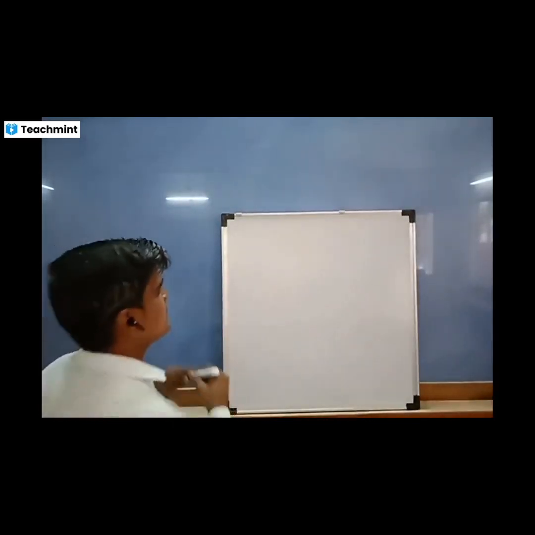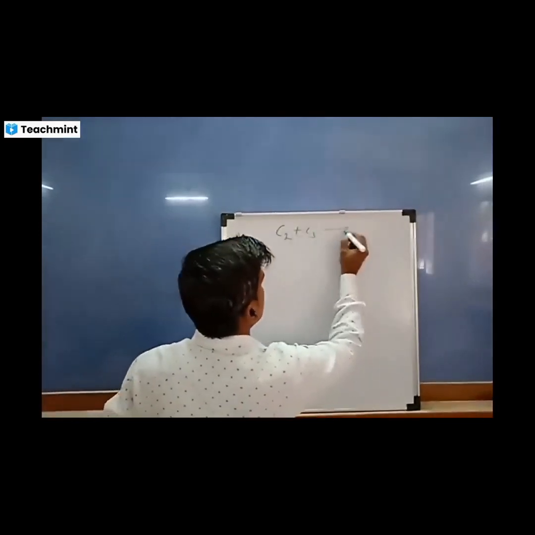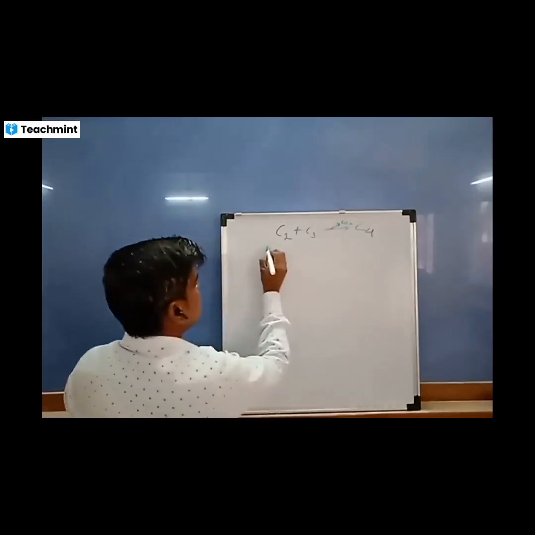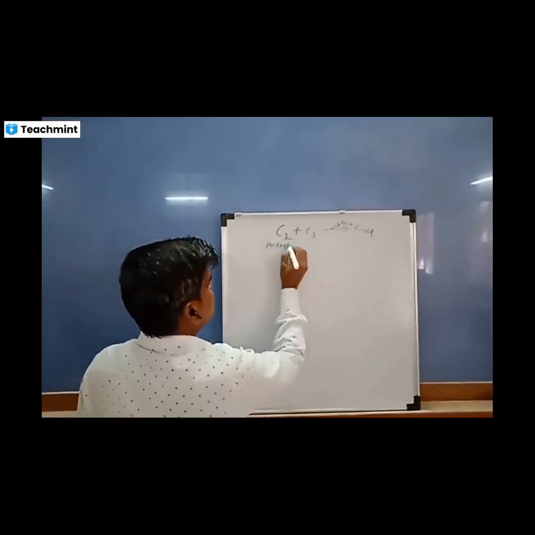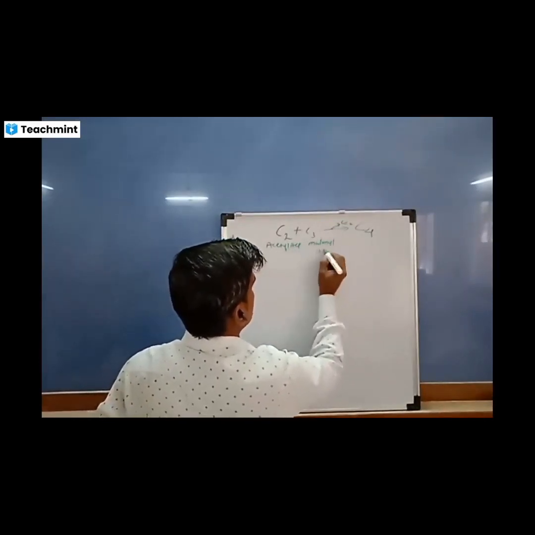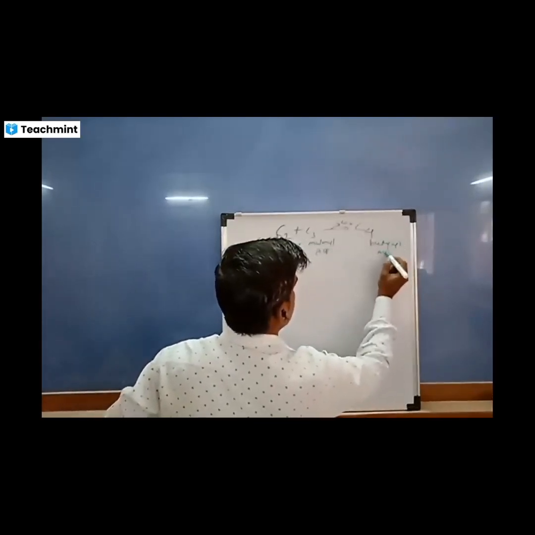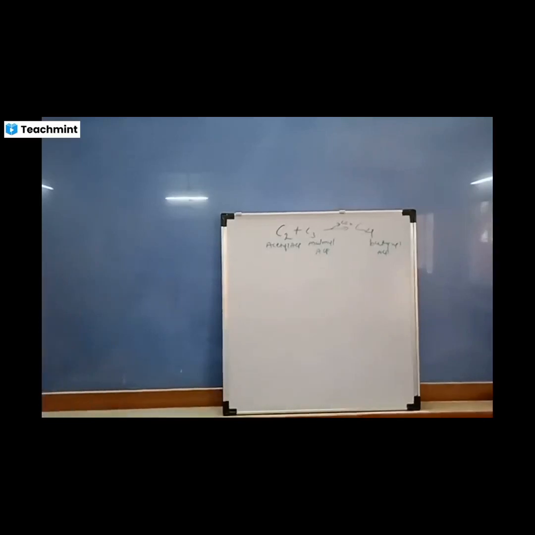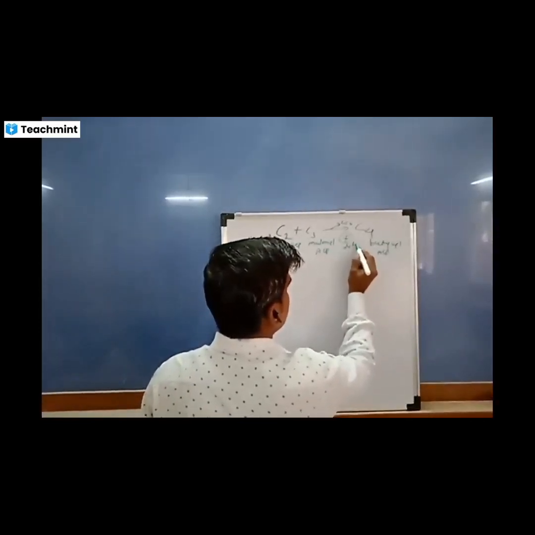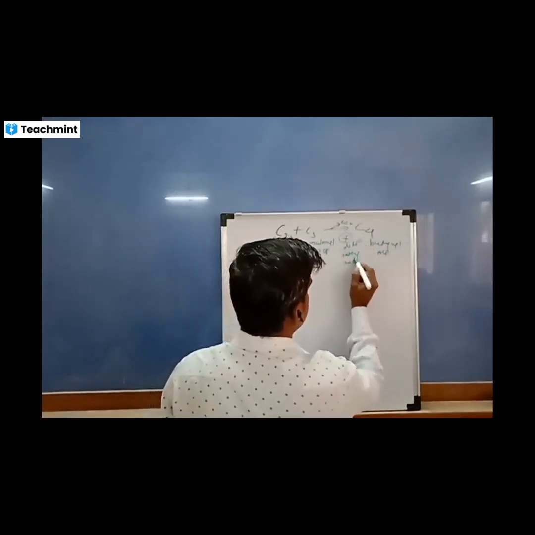Again, we repeat yesterday's point. C2 combined with C3 to form C4. One carbon is lost in the form of CO2. C2 is nothing but acetyl ACP, combined with malonyl ACP to form butyryl ACP. So for formation of butyryl ACP, it is necessary to undergo 7 different types of reactions, and these 7 reactions are carried out by the fatty acid synthase multi-enzyme complex.